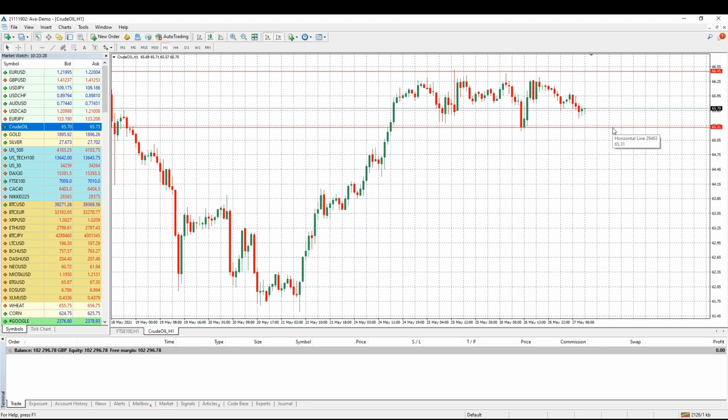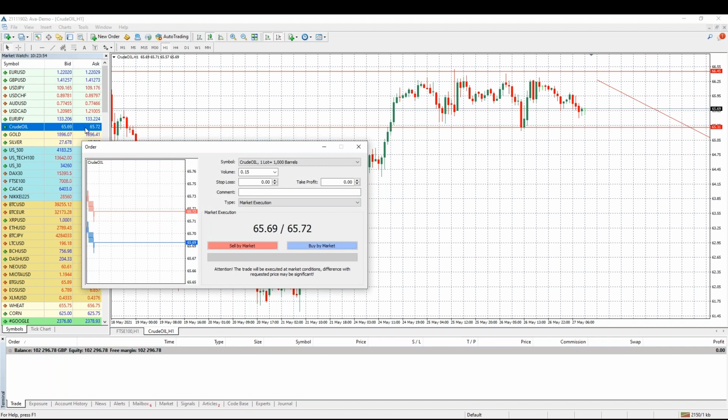With the environment of the news today, I would prefer to find a resistance level and sell from it rather than find a support level and buy. So if oil happens to reach 66 or so, I probably would like a chance to sell with limited risk because I'm close to the resistance level. So crude oil right now, based on the fundamental news and looking at this technical analysis setup, I might go to a pending order,